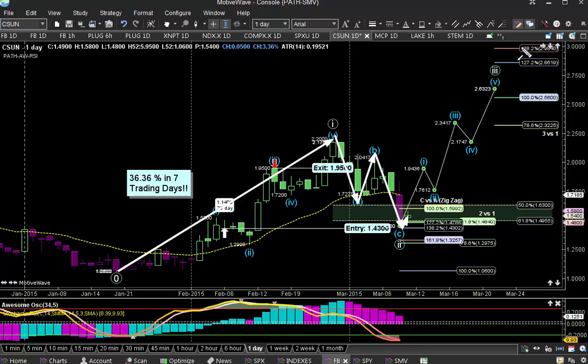Looks like we should start to see this really come back together and try to create the 3 wave. Because if this is the 1 wave, the first initial, and this has got to be our 2, then we should be seeing a pretty good 3 move, possibly to around 275 to maybe 3 on this. It makes sense. But what I like about it is we're really very, very close to where we make